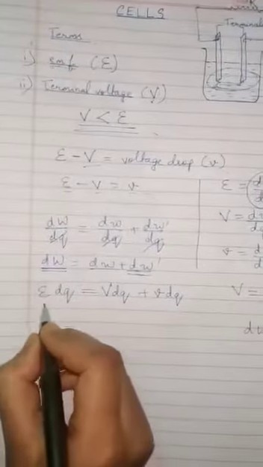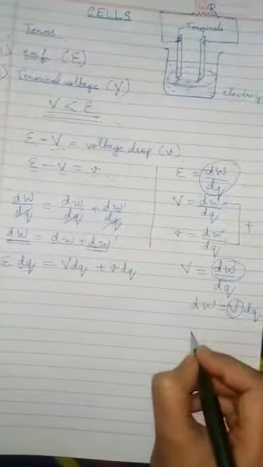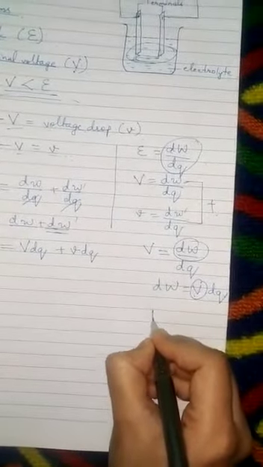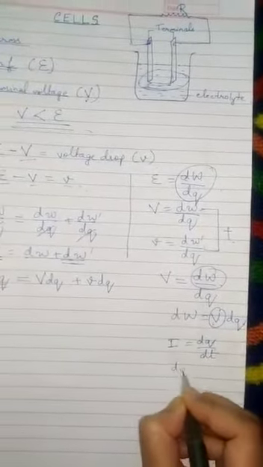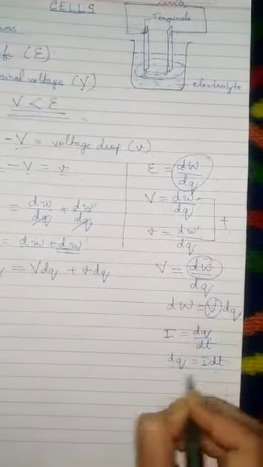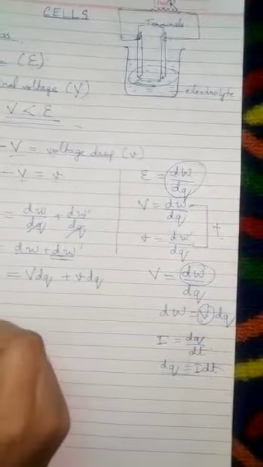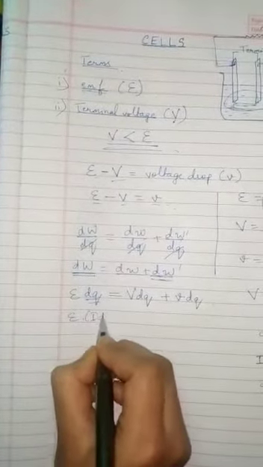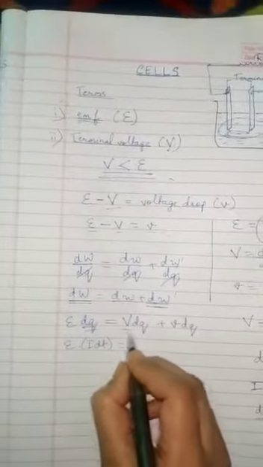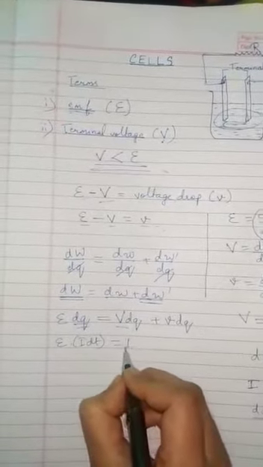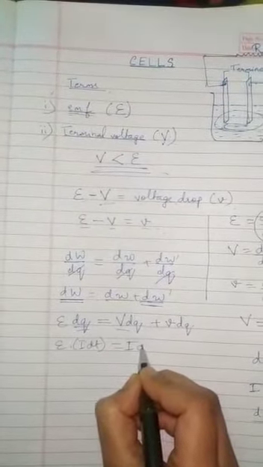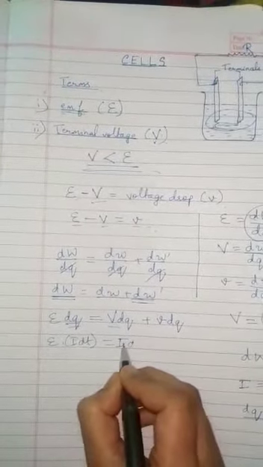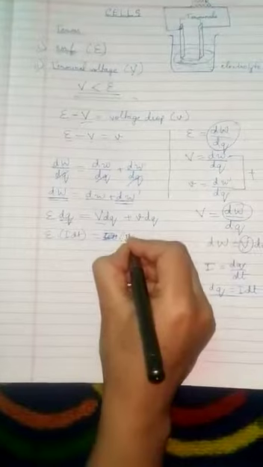Now you know charge can be written in terms of current, because current is equal to dq by dt. So dq will be equal to I dt. So we are replacing dq by I dt there, epsilon into I dt is equal to V is also I, V is IR from Ohm's law,